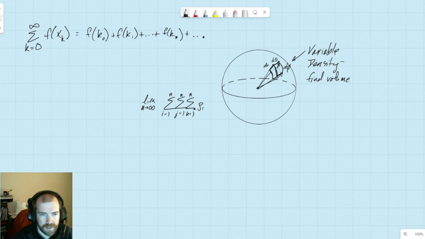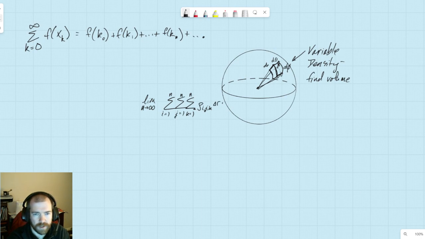So this is density sub ijk. So if you take your density function based on your I, your J, your K, and then take a triple sum on each of your, again,